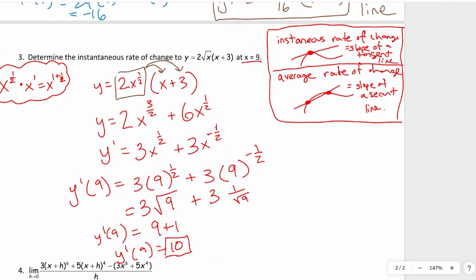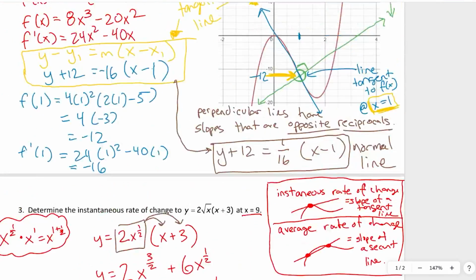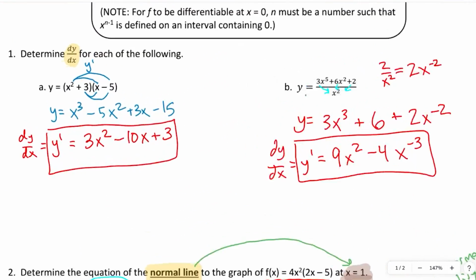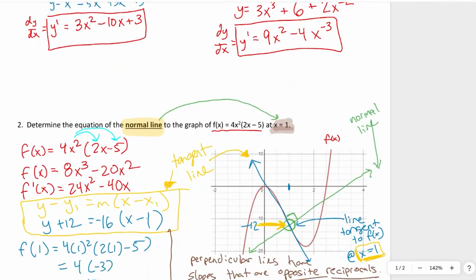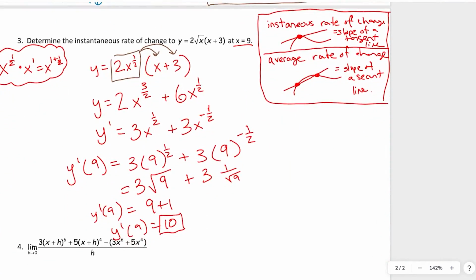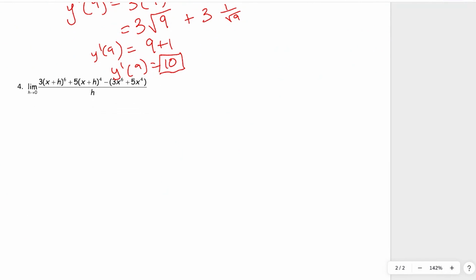All right, we've got one last problem for you. Like I said, not a whole lot of problems here. It's really about making sure we have that power rule down and seeing how we can apply it, especially to functions that look a little different, that don't look immediately like we can write them in polynomial form. But we can. Now, this number 4 looks a lot harder than it really is. This is the kind of question that you're going to be given on the AP test, almost guaranteed at some point,